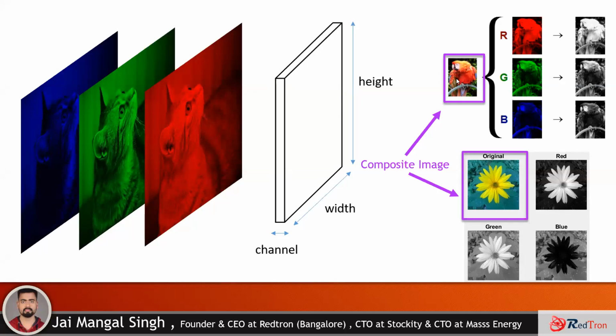Why? Because the leaves are green, there is no component of red, so it will be shown in dark. Okay, and the same thing applies with the blue layer also. So in the blue layer, we can only see the eye portion of the parrot to be white. The rest is black, because the leaf does not contain any blue portion, and the parrot body also does not contain any blue portion. So in MATLAB, it is seen like this.